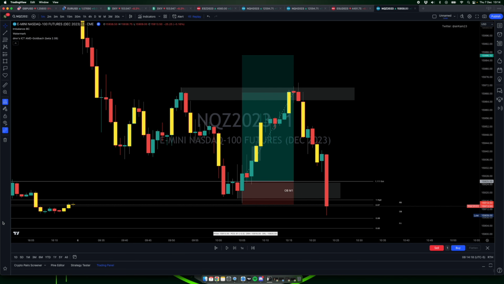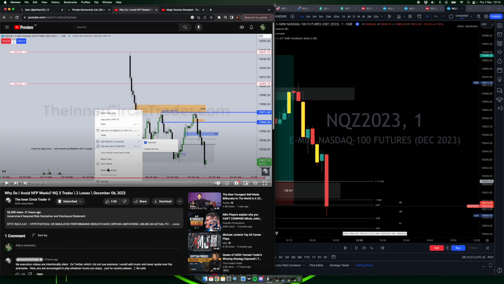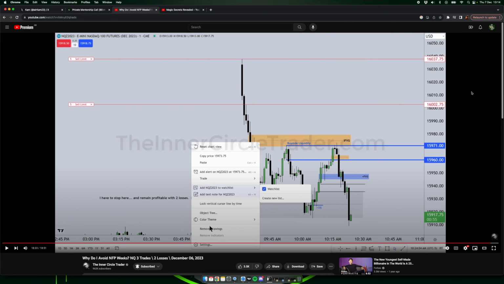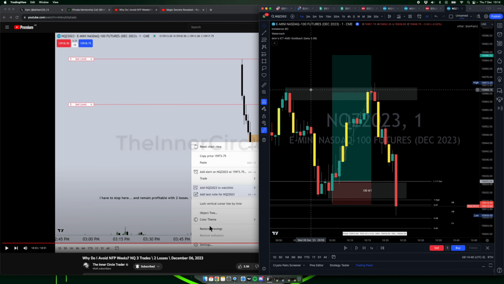I hope this helps to demystify ICT. And I hope it allows you to appreciate that ICT is just a guy who has more information than you. Because he has more information and more knowledge based off of the Goldbach levels, because he knows the Goldbach levels and he has a lot of experience with trading them, he can do trades that look like magic. Because he knows the wireframe,